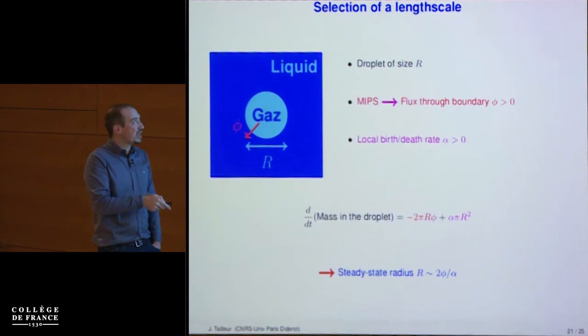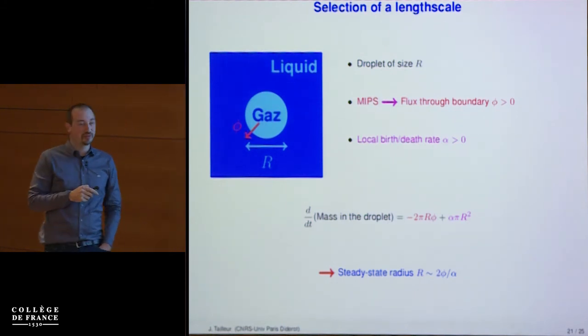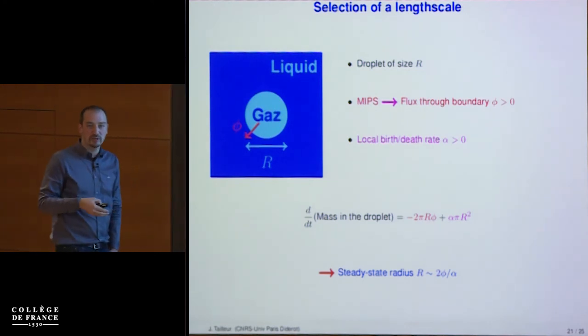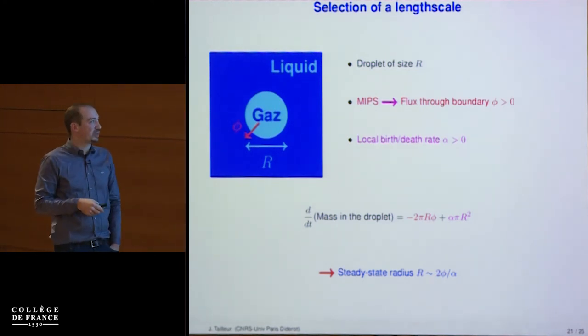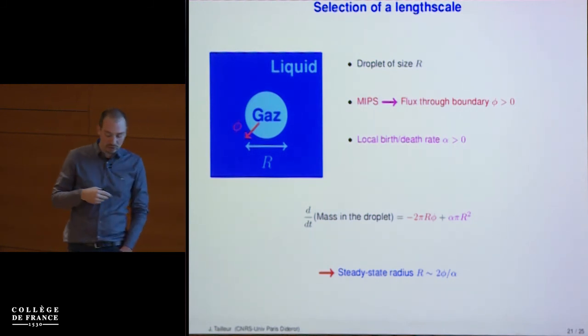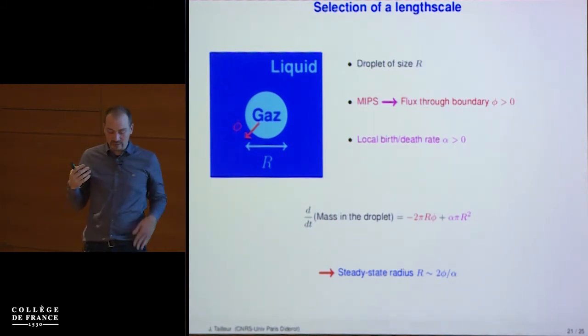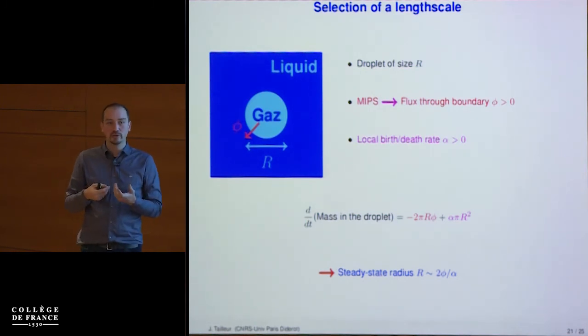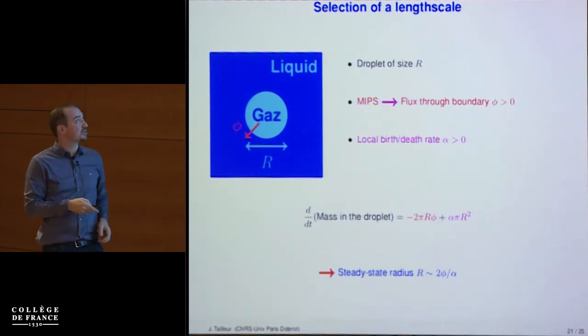OK, so that's what happens when you have a single type of bacterium. But now, in nature, it's quite rare to find isolated bacteria. Typically, they exist in complex ecosystems. And one of the things that you can ask is, if you have a mixture of bacteria, can you use this motility control not to self-organize in space, but to mutually self-organize?